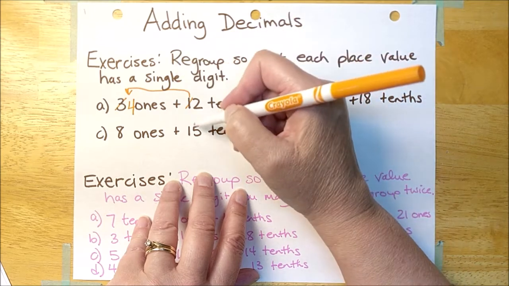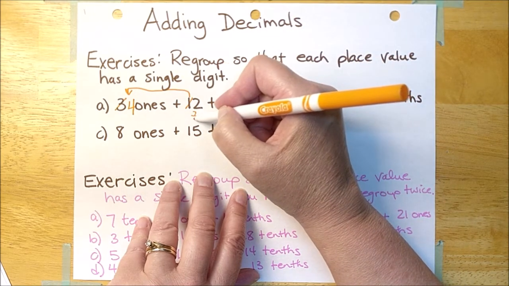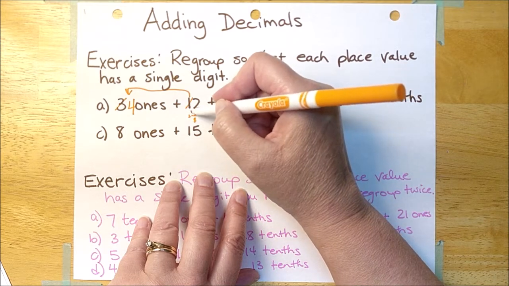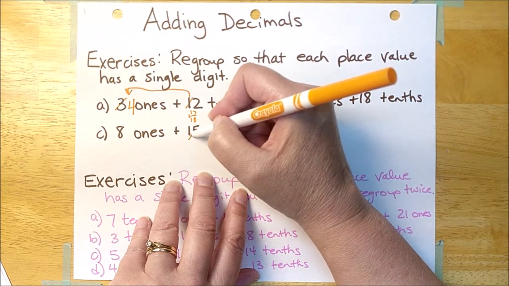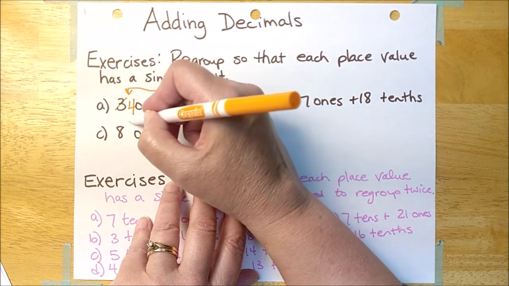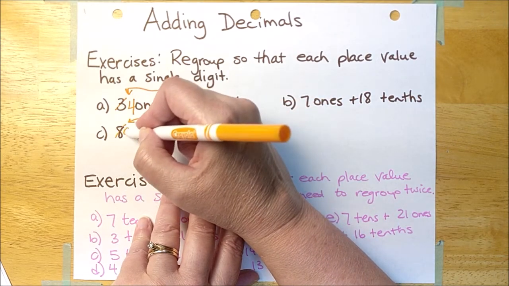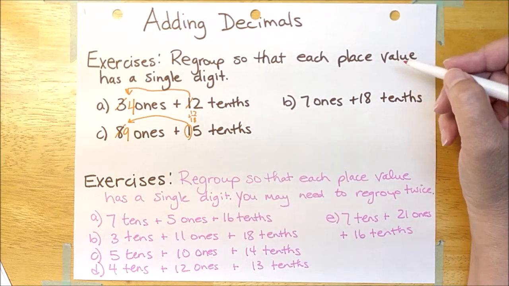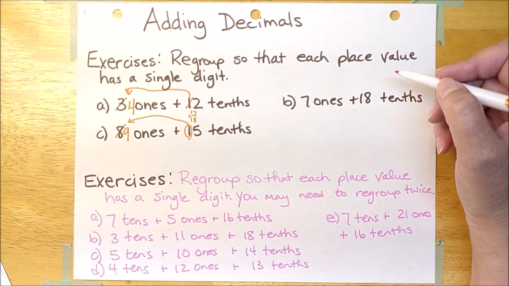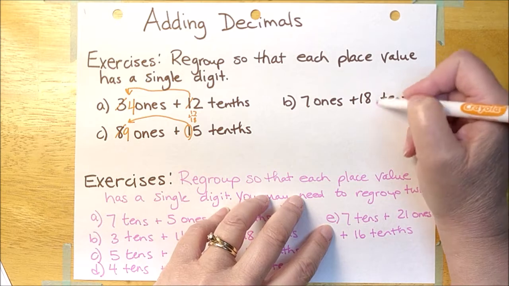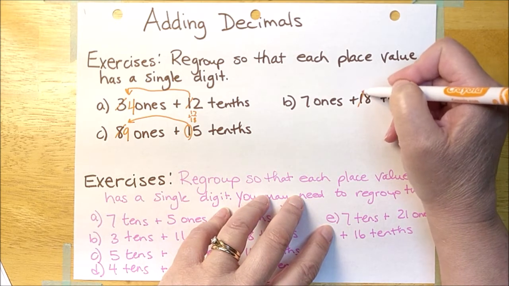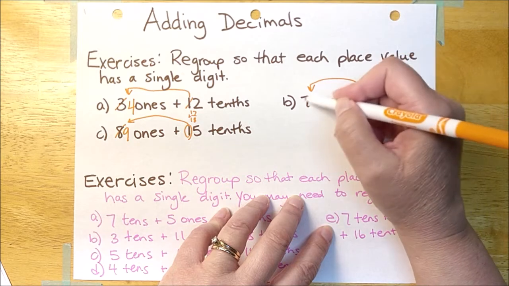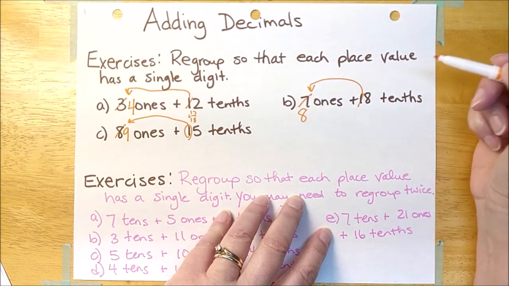Just like when we're adding, if we were adding 7 and 8 together, the answer is 15. And if there were ones in front of them, we'd have to carry the 1 to the next row, and then that would turn into a 9. This is just how we've always been doing math when we are regrouping. We can't have 18 there, so we're going to take that 1 and move it over here. And there's a 7 there, so when we put the 1 with the 7, we now have 8 ones